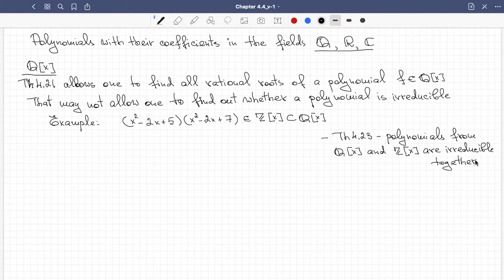So you take a polynomial, multiply it by an integer so that all coefficients become integral. That does not influence the irreducibility of a polynomial. That's what theorem 4.23 tells you. After that, you have the criterion, Eisenstein criterion,